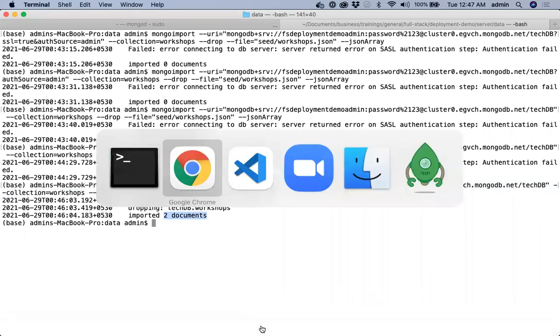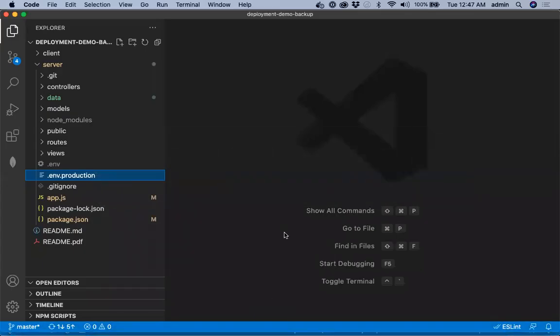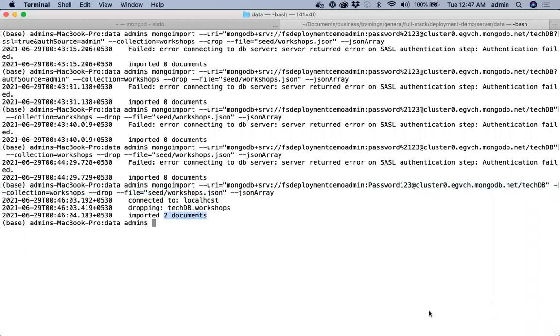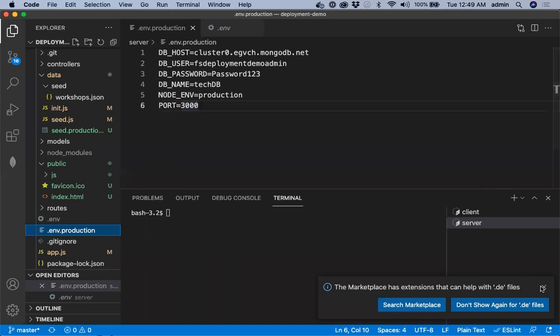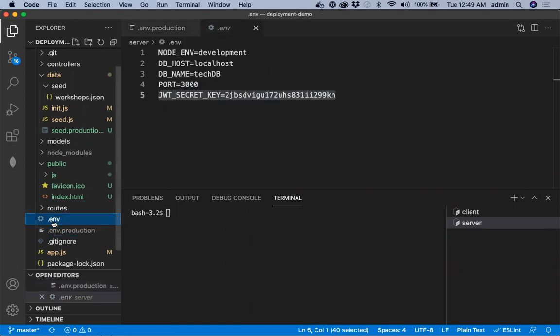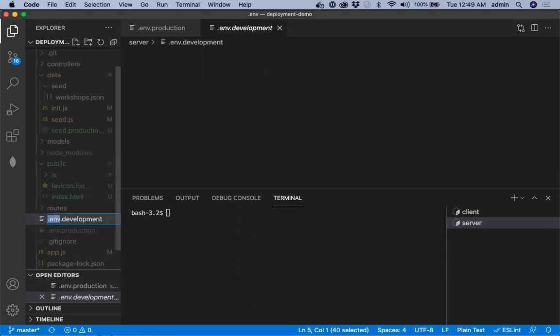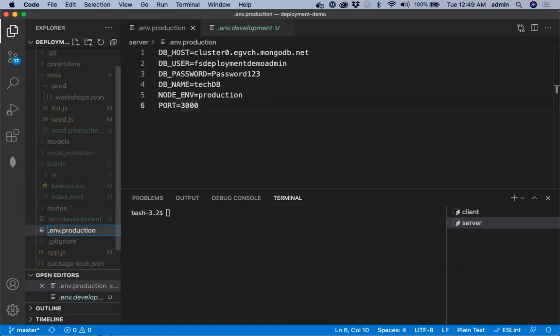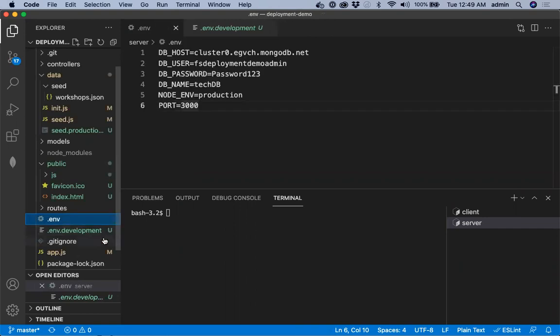So once we have this, we can test out whether under the production settings our application works fine. So what we can do is switch to the production environment variables. So I'll rename the .env file as .env.development for the time being, just as a backup, and rename the production.env file as just .env. This way when we run now, the actual production environment variables are picked up.